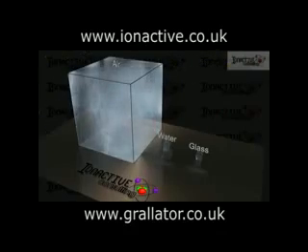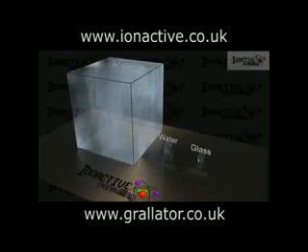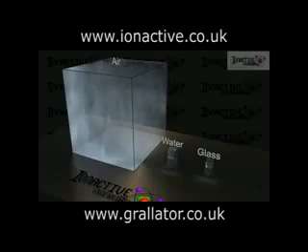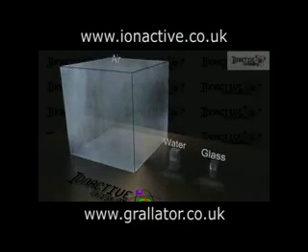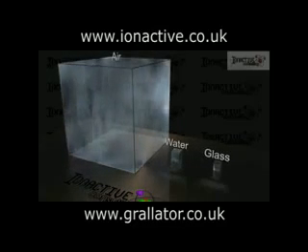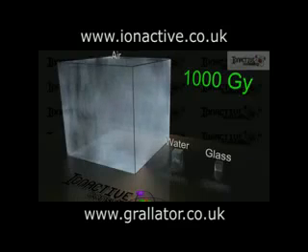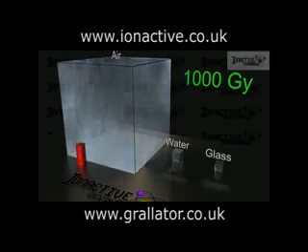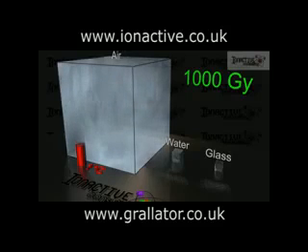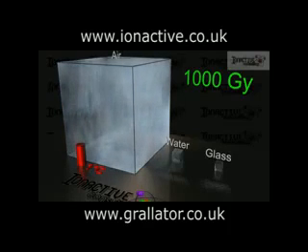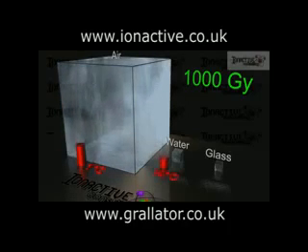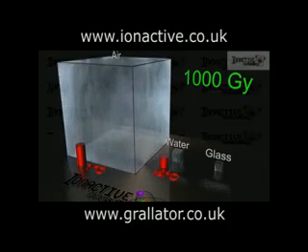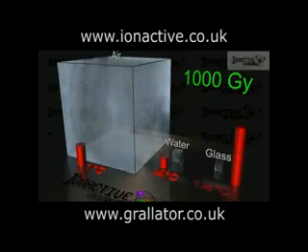The effect of absorbing the energy is also different for the different materials. For example, consider the effect on the temperature of each of our 1 kilogram cubes of air, water and glass receiving an absorbed dose of, say, 1000 Gray. This amount of energy is enough to raise the temperature of the cube of air by 1 degree Celsius. For water, the effect is much less, and a temperature rise of only 1/4 of a degree Celsius will be seen, while for glass, the temperature rise would be larger than for both air and water at 1 1/4 degrees